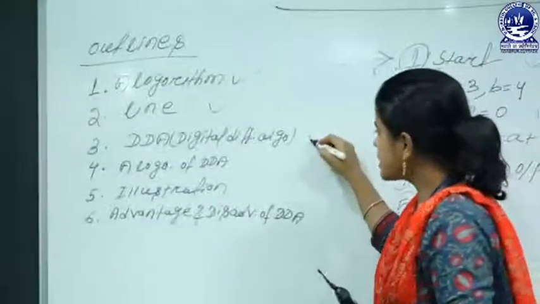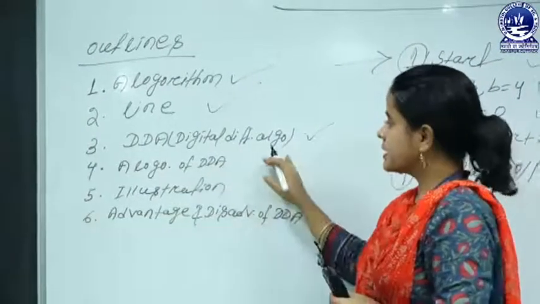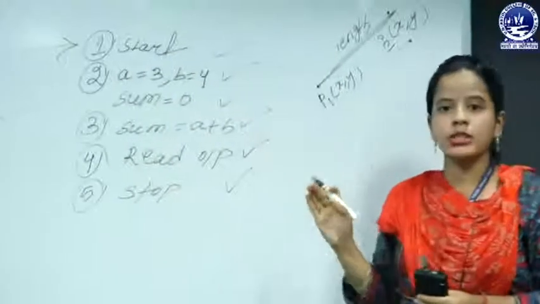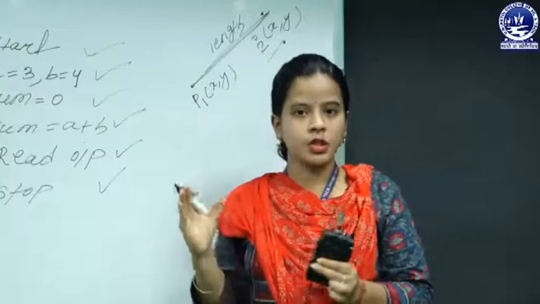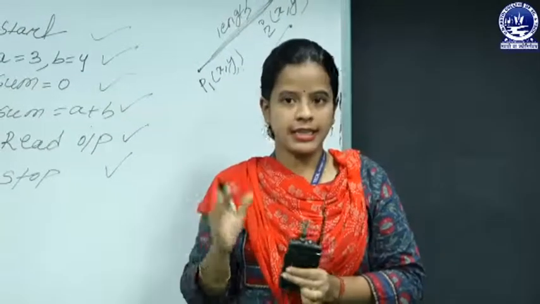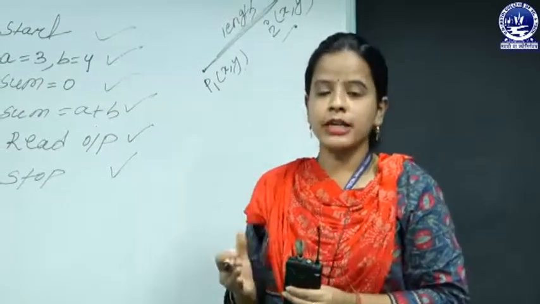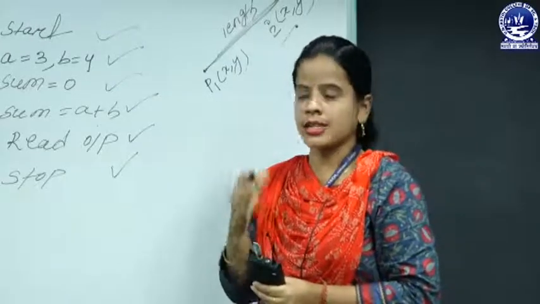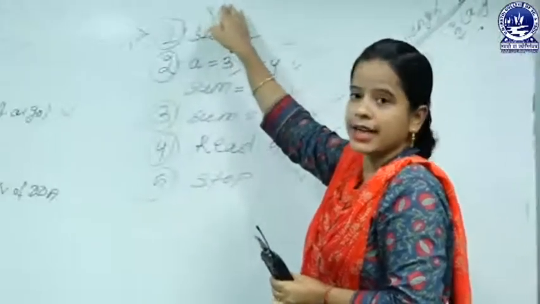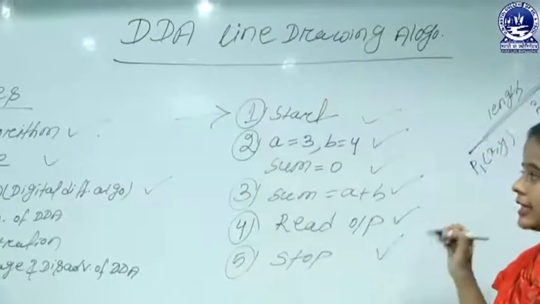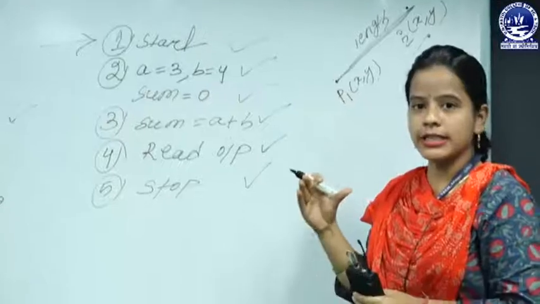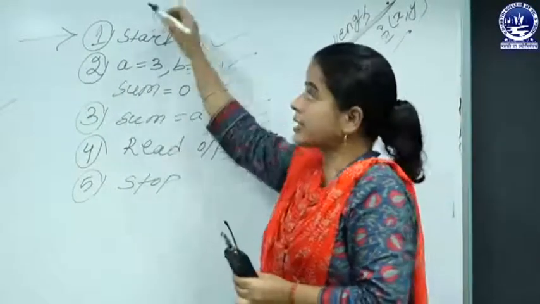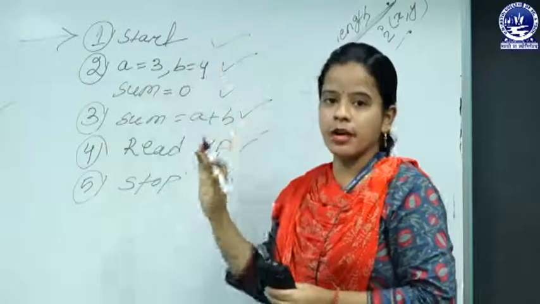Now let's go to the next major concept, that's your DDA, that means the digital differential algorithm. Here the DDA algorithm provides one type of incremental method for the scan conversion of lines. Here each step is manipulated individually by considering the resultant outcomes of the previous steps. So that is called the DDA line drawing algorithm. That means the user takes all the raw ingredients in textual, numerical or symbolic format, but by using this technique they are converted into graphics.